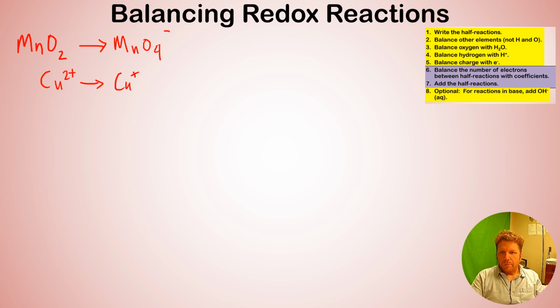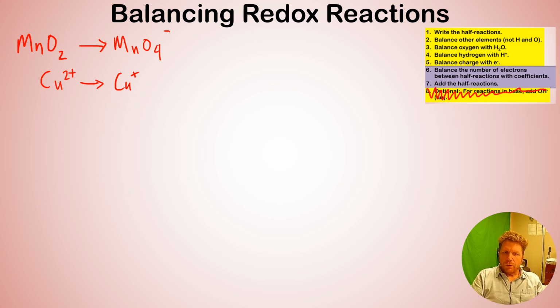So with that in mind, since this is taking place in an acidic solution, we know that this last 8th step, we're not going to be doing that because it's not in a basic environment. The phases are optional. Okay, so the first part of this is I want to write out my half reactions. And with my half reactions, I want to write out, well, how many electrons are going and where are they? So whenever I look at my half reactions, or these kind of bare bones half reactions, what I have is